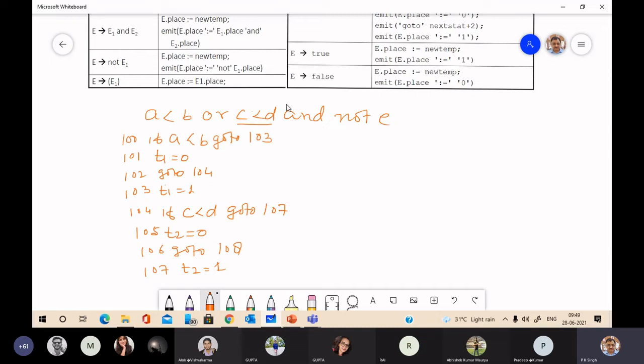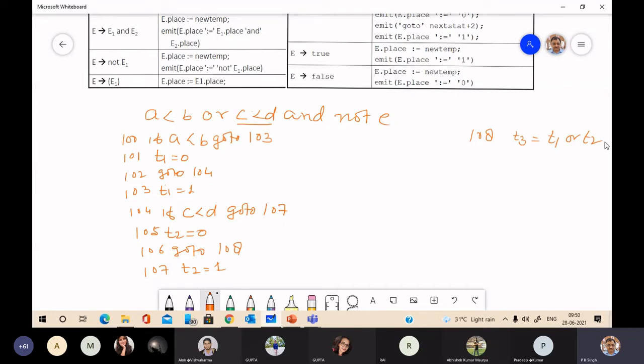Suppose OR and AND have the same precedence and are left associative, then at 108, you have to reduce this expression to E. So you have to generate a new temporary T3 equal to T1 or T2, because OR and AND are left associative.